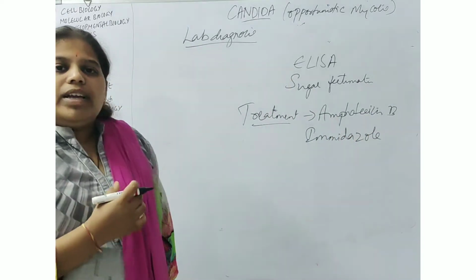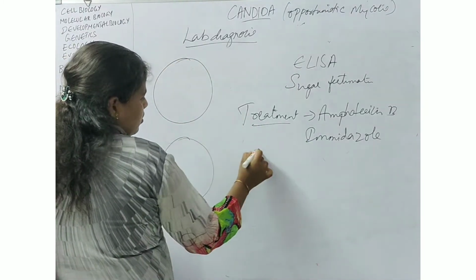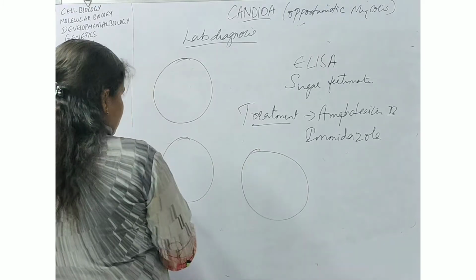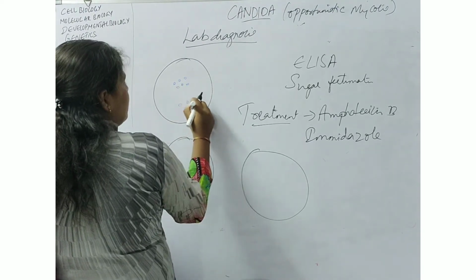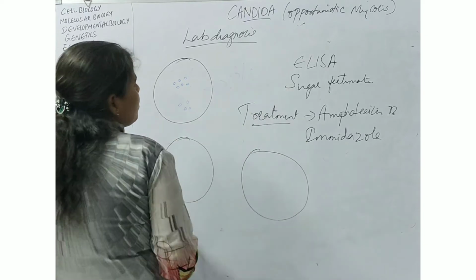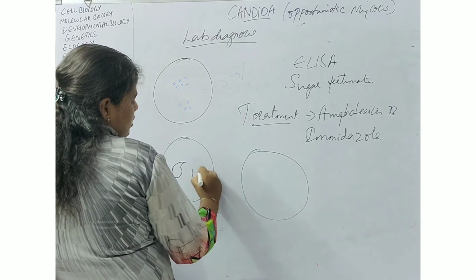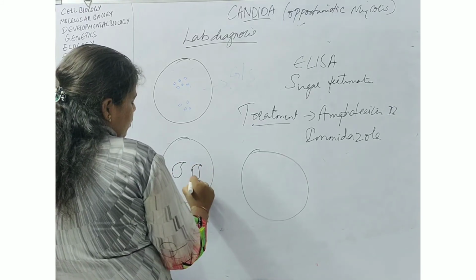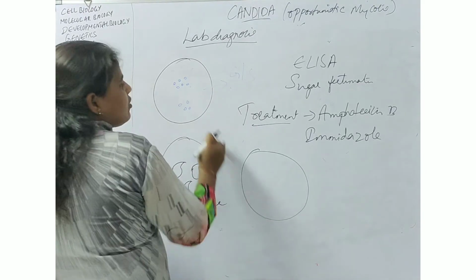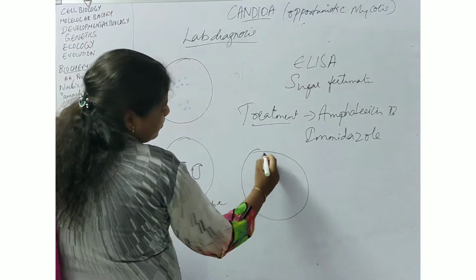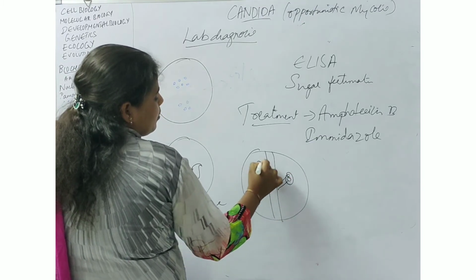When we observe under a microscope, we will observe the colonies as spherical yeast cells. This is in a Gram stain. In the germ tube, we observe the yeast cells with constrictions, somewhat slightly bent to the right side. This we observe in the germ tube, and this we observe in Gram staining. In chlamydospore formation, we will observe this type of diagram.